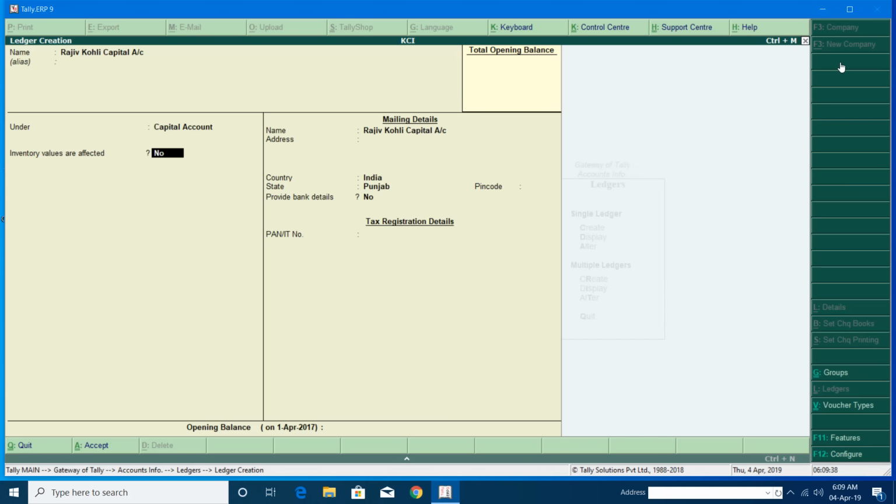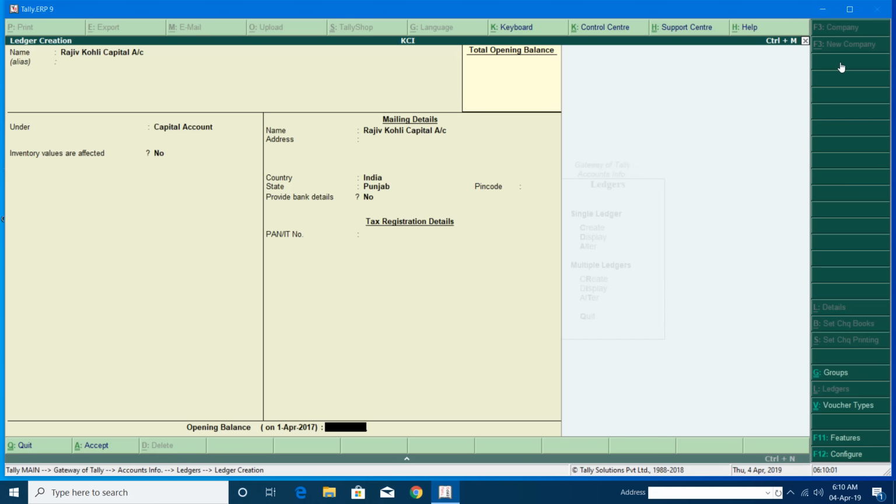That is why you have this option here, but this option is only concerned with the inventory information. So we will leave it at the default value No, and here you can fill in the address and other related information of this ledger account. So I will leave all this blank, and I will tell you about the opening balance in my next lesson,